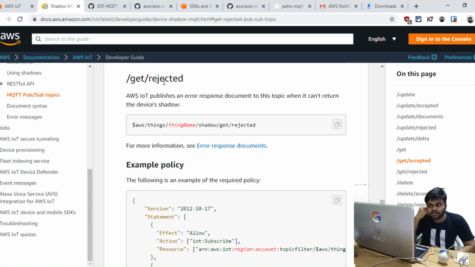So you can get data through this topic using a subscription method, basically a listener. And if a message is received on shadow get rejected, you will easily understand that this is a case of failure, something went wrong, and our data will not be stored in the thing shadows. Okay, so this is how it works.